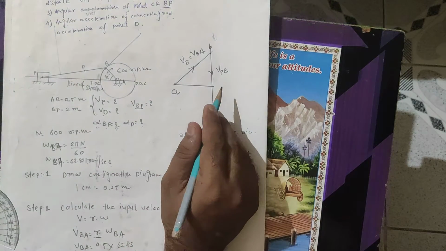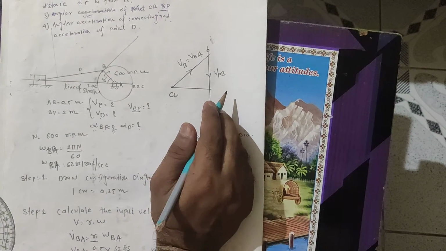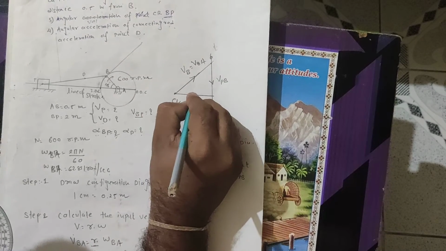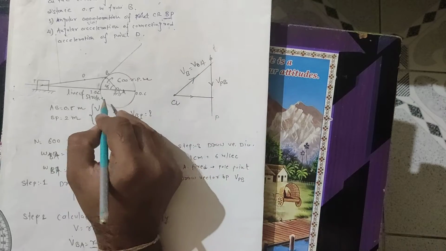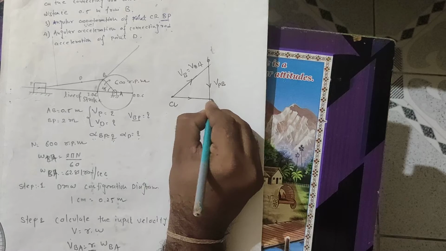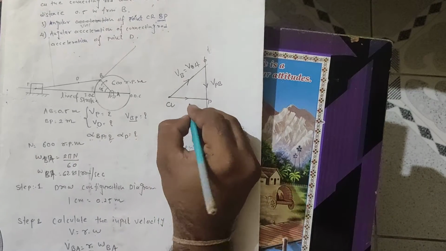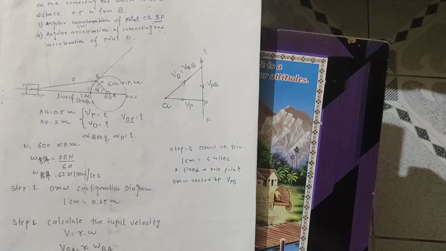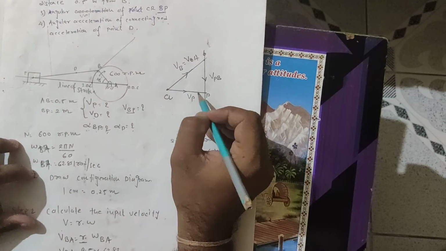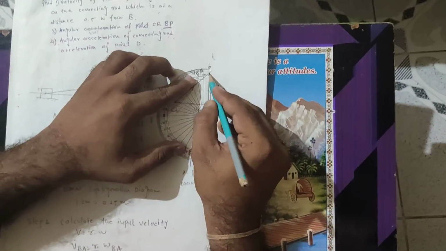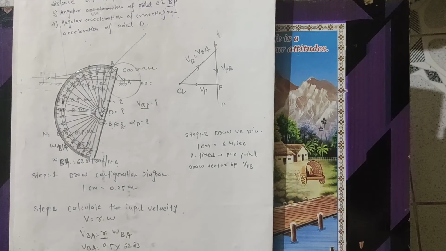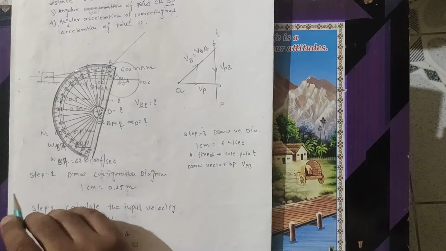Okay, so it may be seen over here that from point A to moving point P, it is A to P. Why? Because A is a fixed point and P is a moving point. So the velocity of P, where it intersects that point, we have to consider P. So this is the VP that we have to find out. After this we have to take the magnitude, measuring the dimension of this one and this one and this one. This gives our value of the magnitude of these particular velocities.